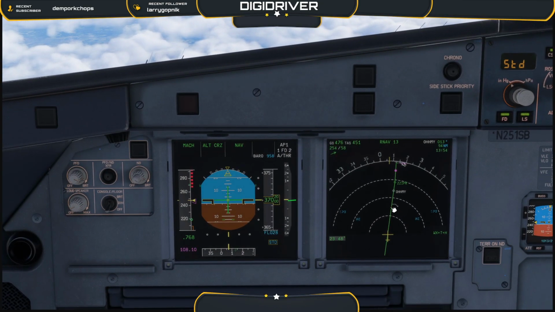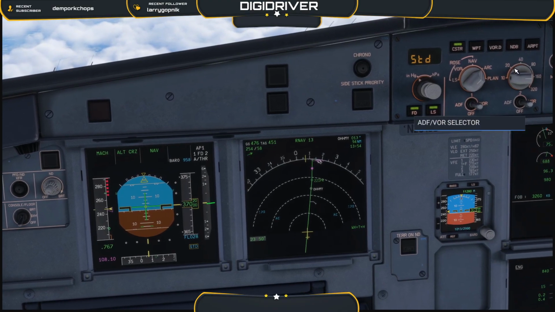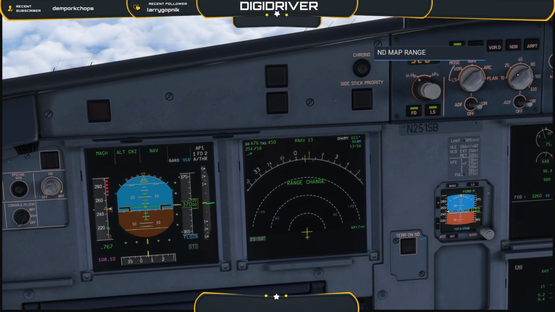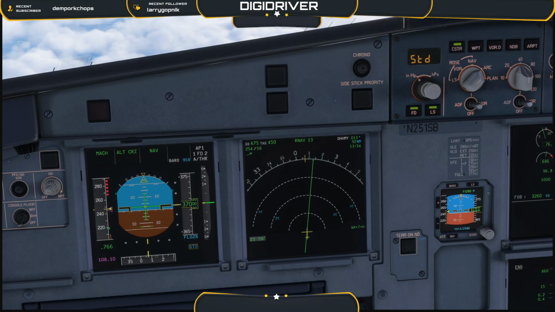And when we get to about 10 nautical miles from top of drop, what I will most likely do is begin descent early. That way, I'll be able to cozy up to descent profile. So we'll meet descent profile instead of chasing it,